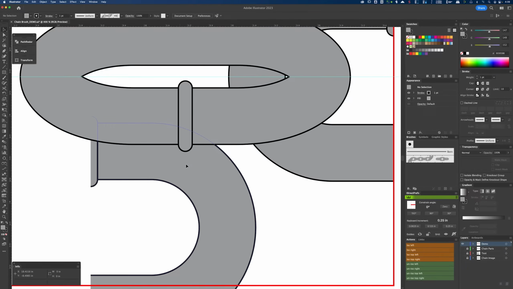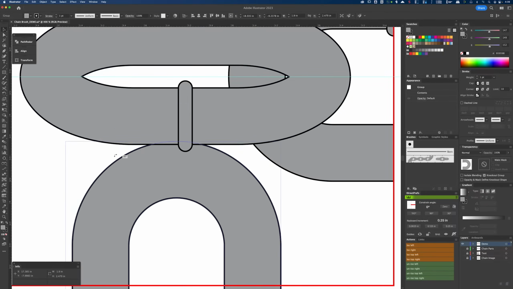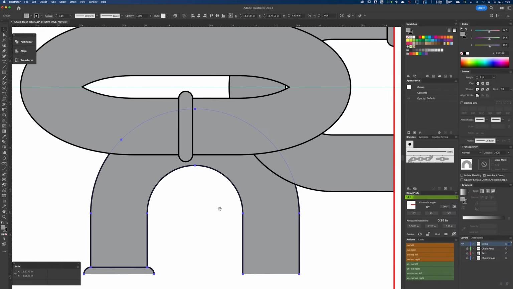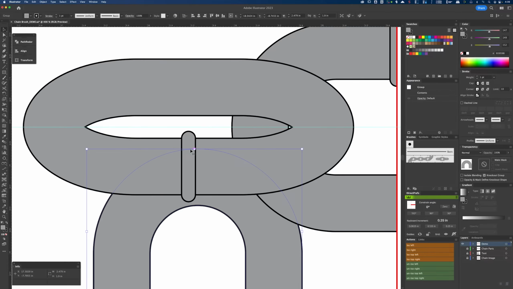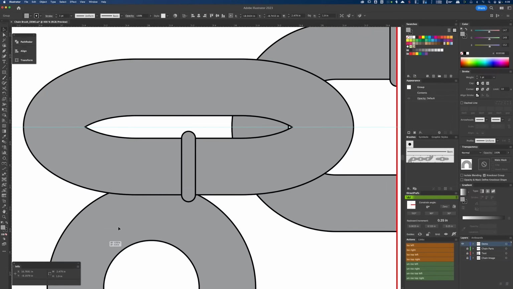Now for this one, we're going to have to rotate this 90 degrees and make sure the weld is on the left-hand side at the bottom. And we're going to have to drag out two guides for this. So I'm going to drag out a vertical guide, and I'm going to make sure that it snaps to the center of my flat chain link weld. And then I'm going to drag out a horizontal one,